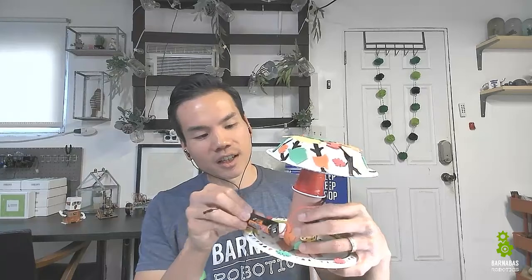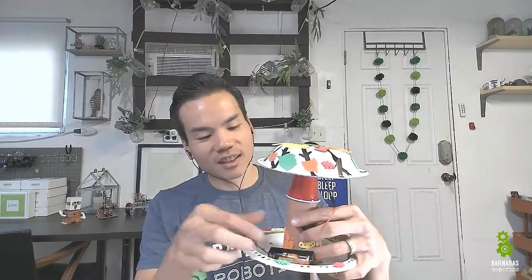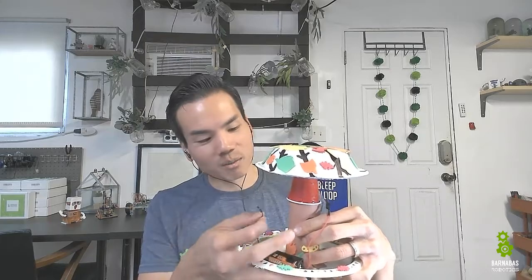I wanted to make a quick video to show you how to add a second battery to your spinning robot tree. So the first thing that we want to make sure is that the one battery circuit is working. So we have our one battery right here, and the red is connected to the plus of the battery, and the minus to the black of the battery. All right, and then we just go red to red on the motor and black to black,